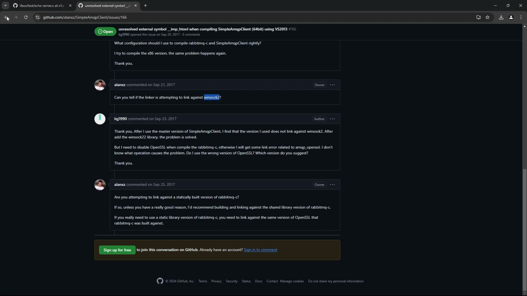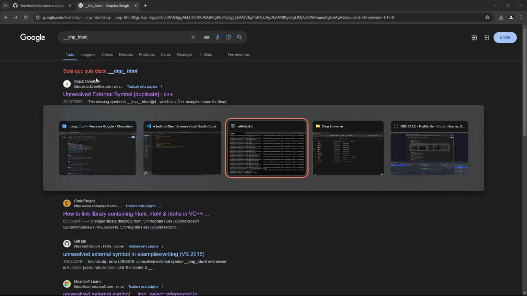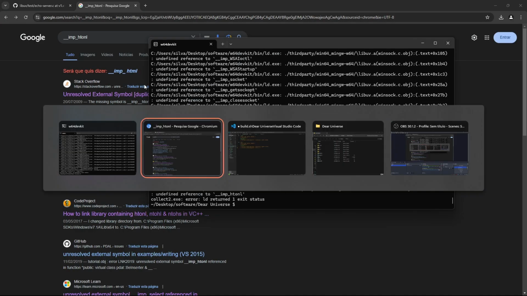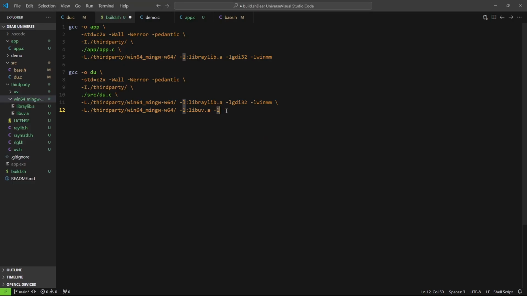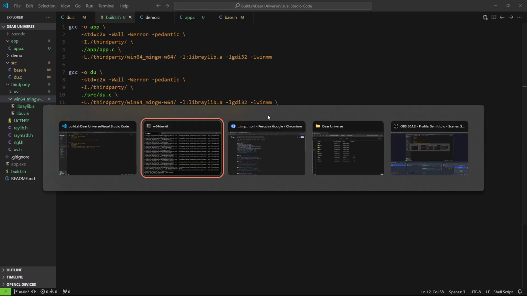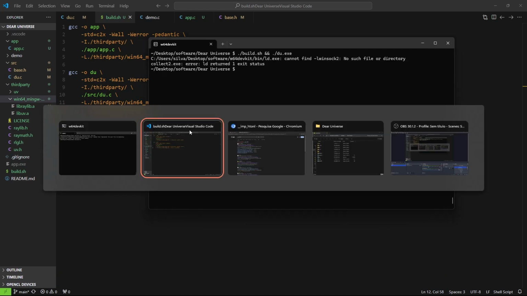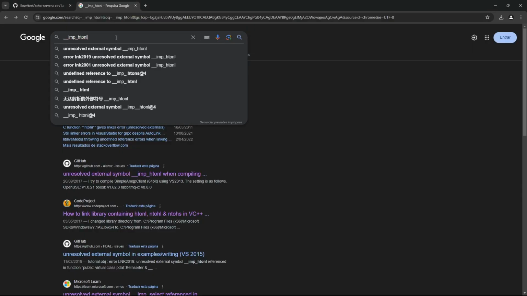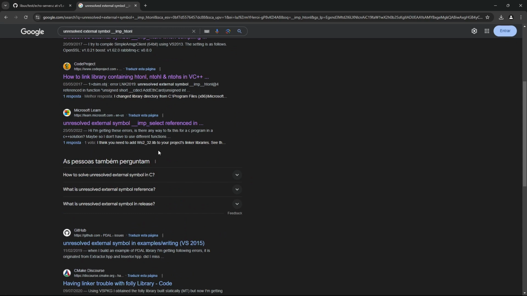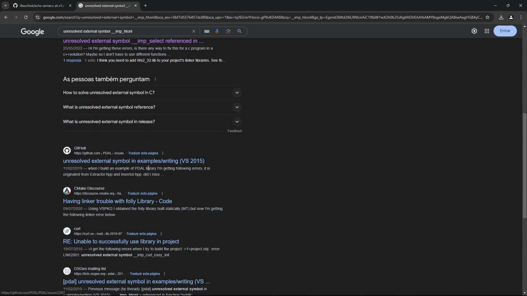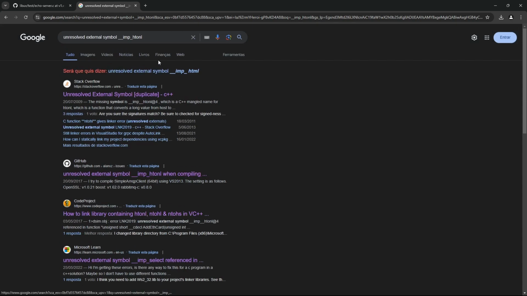WinSock 2, but can I simply say, where is my, okay, it's here. Can I simply say this? Is this going to work? Let me see. Cannot find. Okay, so boy, I want to find, okay, link